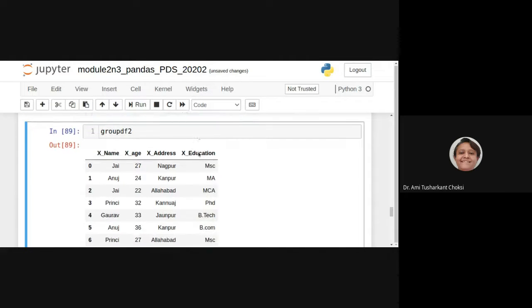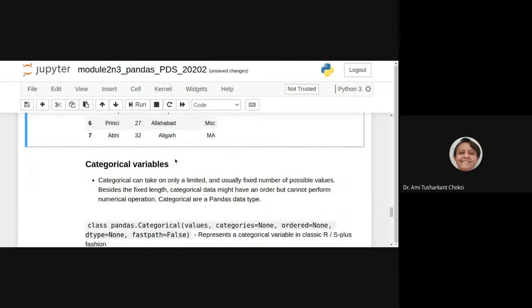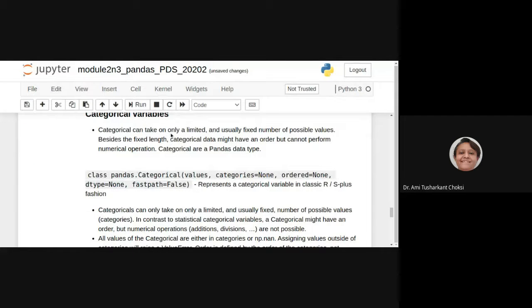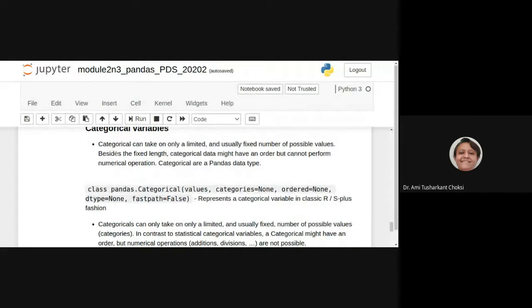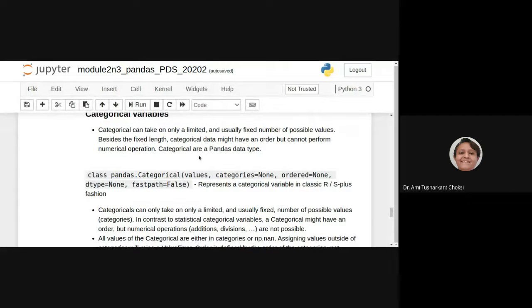Now we want to know about categorical variables. Categoricals can take on only a limited and usually fixed number of possible values. Besides the fixed length, categorical data might have an order but cannot perform numeric operations, right?